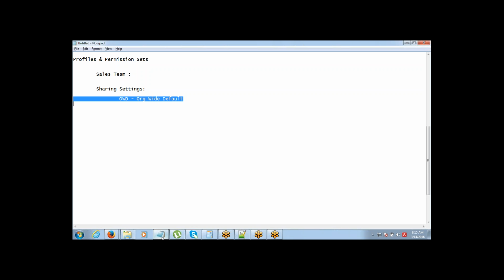So for that reason, there's another option which is available, which is called sharing rule. Now the sharing rule comes into picture only if you have made the data private. Okay, if the data is public already, then there will not be a scenario arising here, because if the data is already public, then you don't have to give additional permission to anyone. Only if the data is private, someone needs to access the other person's data, then only sharing rule comes into the picture. Okay,